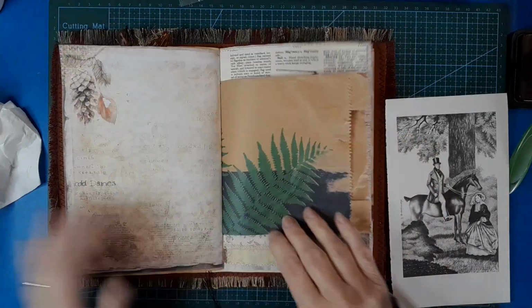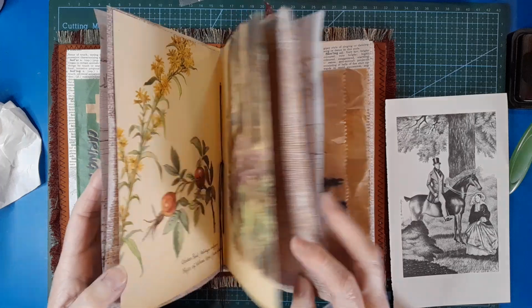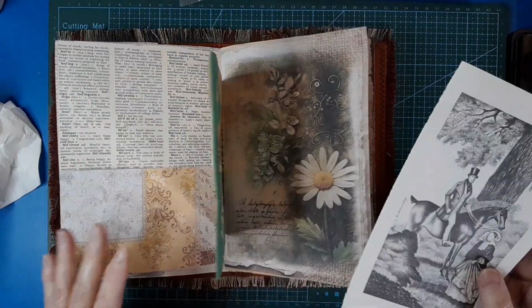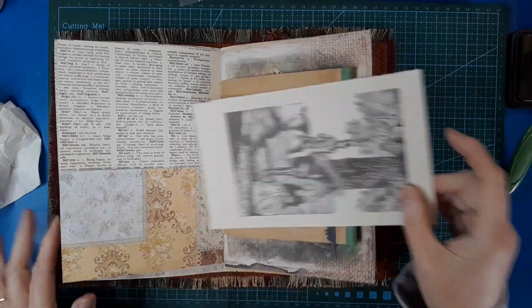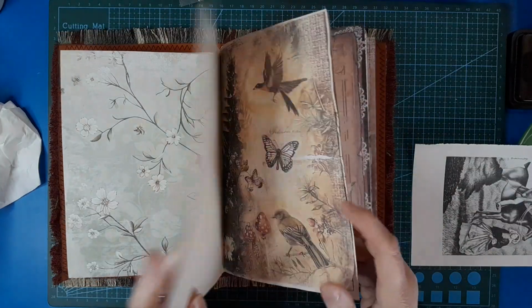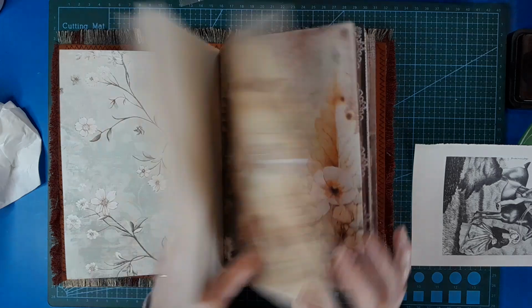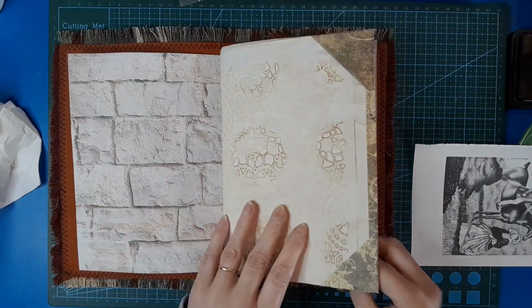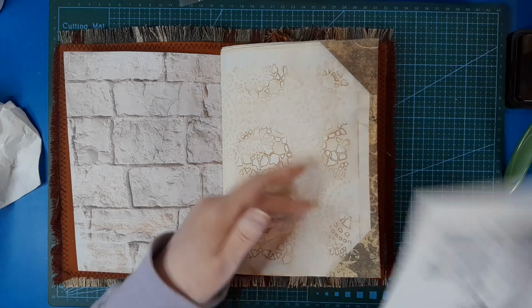Just having a quick wee squiz. Actually, we don't have many pockets at all. It's going to be too long for the paper bag. Yeah, I definitely need to put pockets and stuff in here. Oh yeah, we've got not very much at all. We do have this. This I think is too...